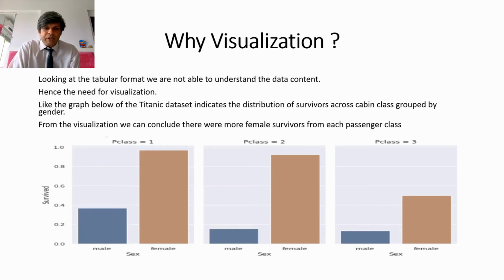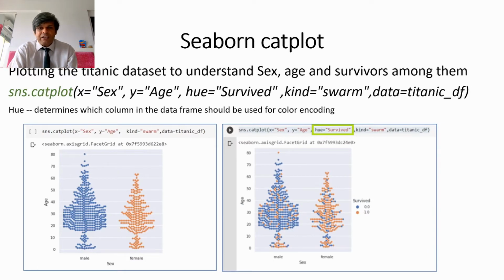Okay, let's move on. We'll start with how to plot the categorical data. We can use the Seaborn library, and within that there is a function called cat plot which we'll use to plot our categorical data. Within our Titanic data set we have various columns. Here we'll be picking sex and age of the passenger, and we will see who all are the ones who survived this mishap.